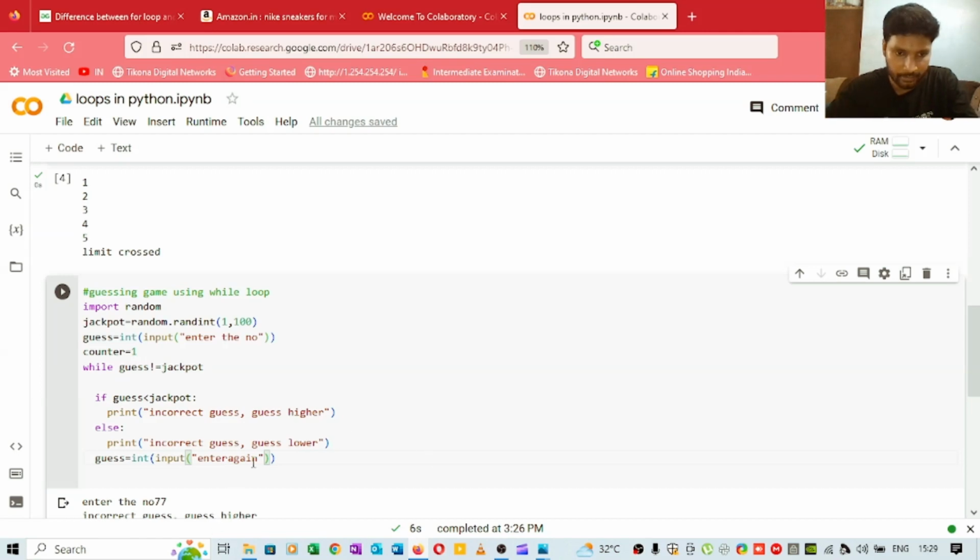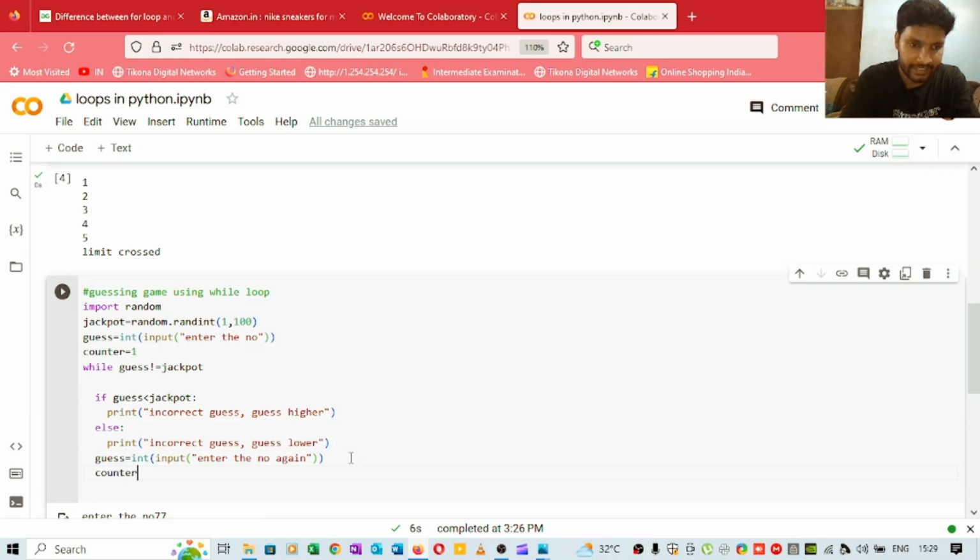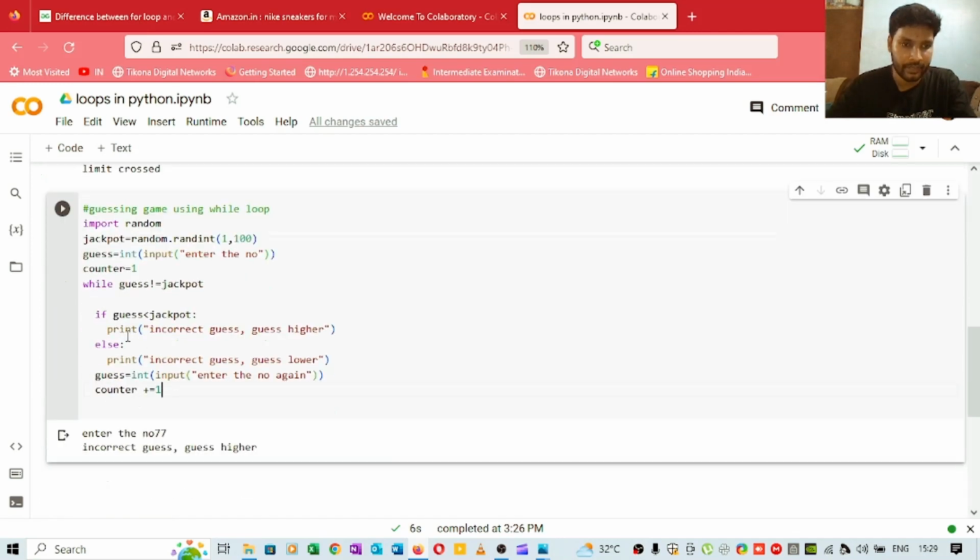And there is some issue with my keyboard, I guess. Enter the number again. And then we will increment this counter by 1. See, we are incrementing this counter by 1, and suppose when